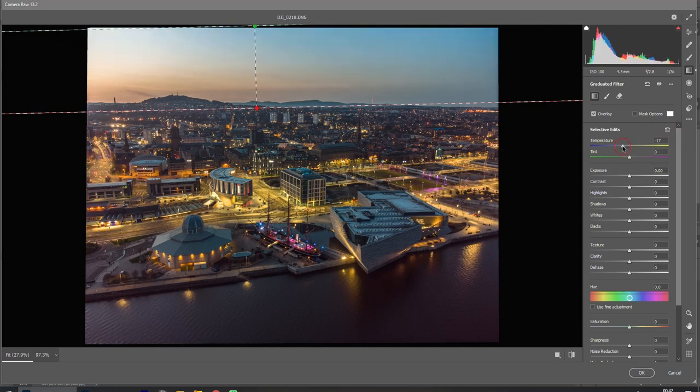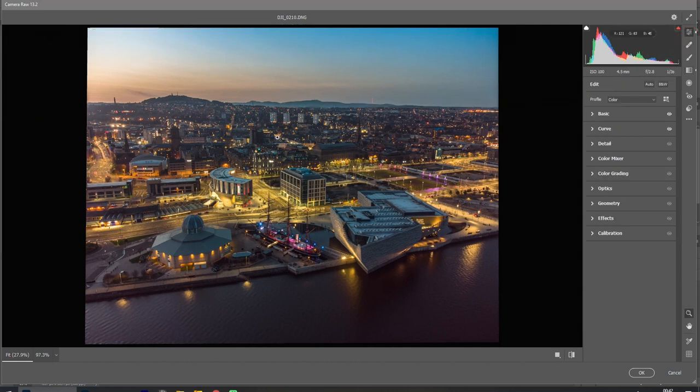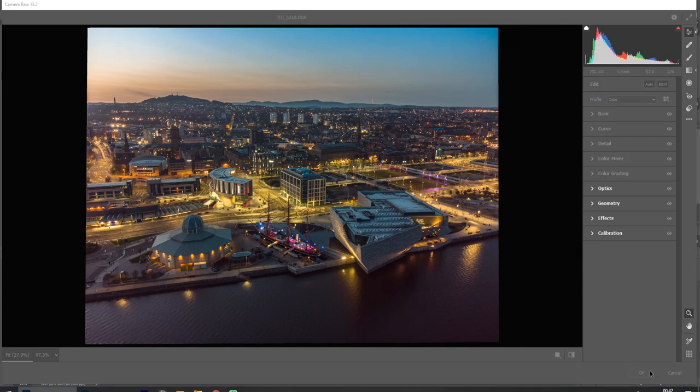I'd maybe just cool down the sky a bit to give it a bit more of a blue sky, maybe a bit of saturation just to bring up the orange. We drop the highlights a touch. But yeah, generally that's where I would sit with that. I think basically my finished image. You hit OK at the end there,